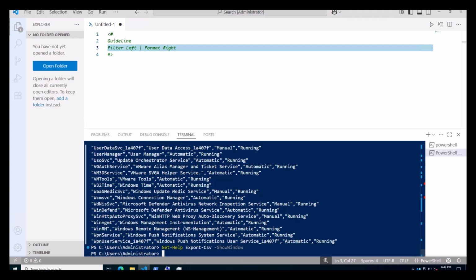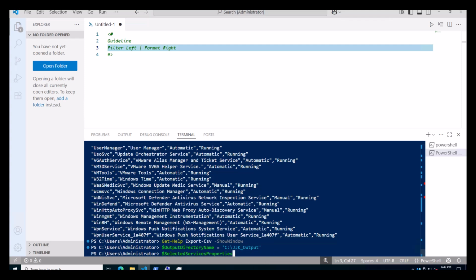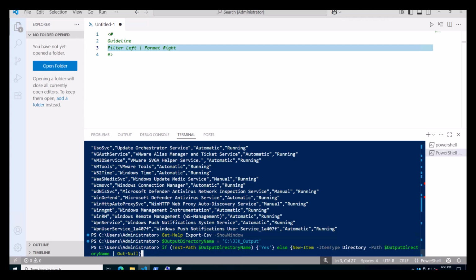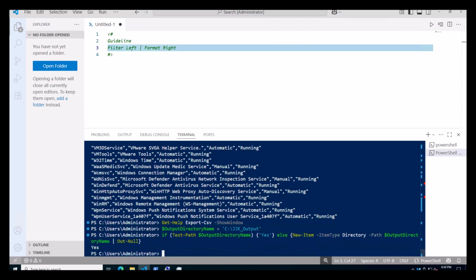But what I first want to do is create a new directory. So here's my output directory name. I'm just going to say CSV here. Actually, I'm just going to call this output. Okay, and then here, let's go back up. Right, so it already exists on there. So now for my CSV full file name,